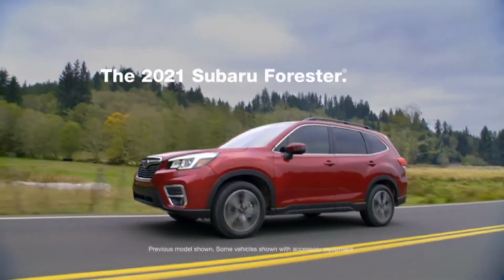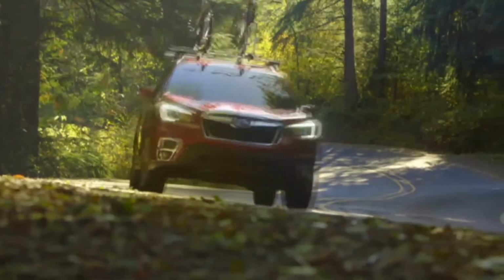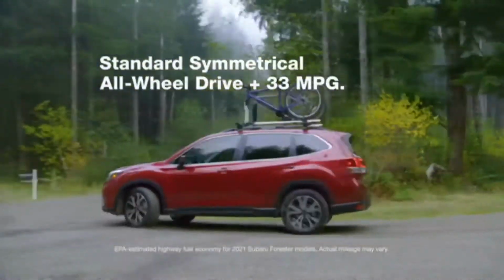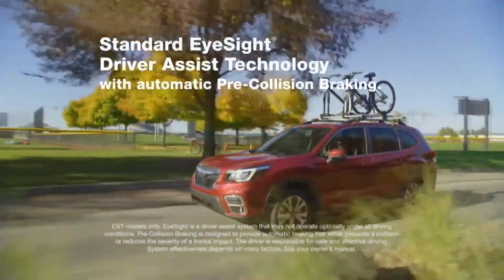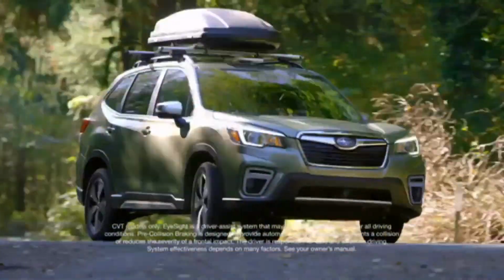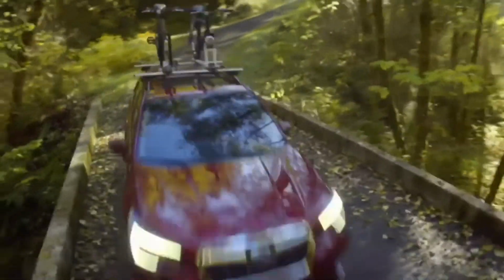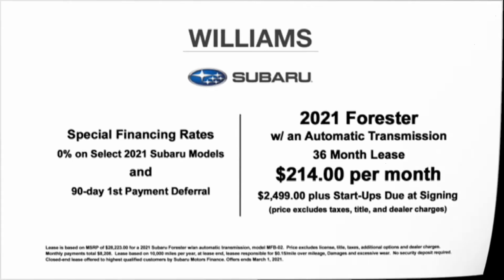The 2021 Subaru Forester. A spacious interior with everything you need for confidence on the road ahead. Standard symmetrical all-wheel drive plus 33 miles per gallon. Standard EyeSight driver assist technology. It's the SUV for all you love. Lease the 2021 Forester for $214 per month or take...